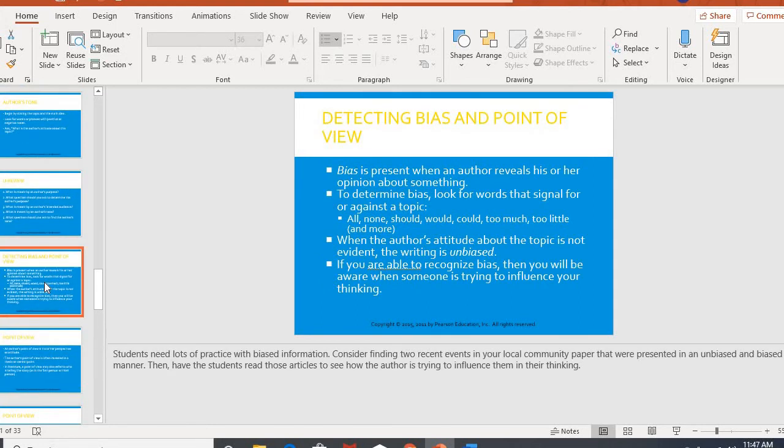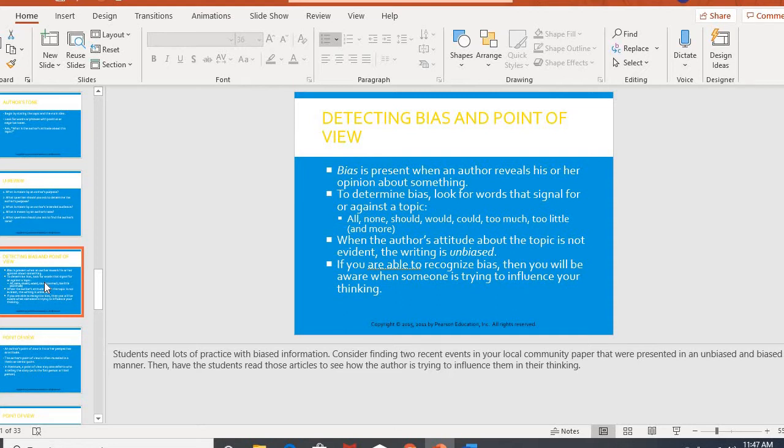We also did not talk about bias, which is new, but it goes very closely with tone and purpose. Bias is when an author presents their attitude, their opinion about something. As humans, it's natural for us to have bias. We naturally like certain things, we don't like certain things. We prefer to do or not do, or shop or not shop at certain places. So bias is natural, but when you're reading, it's important to know if an author is biased or not, because if you can't recognize bias, you might be influenced into thinking a certain way without knowing the whole other side of the story.